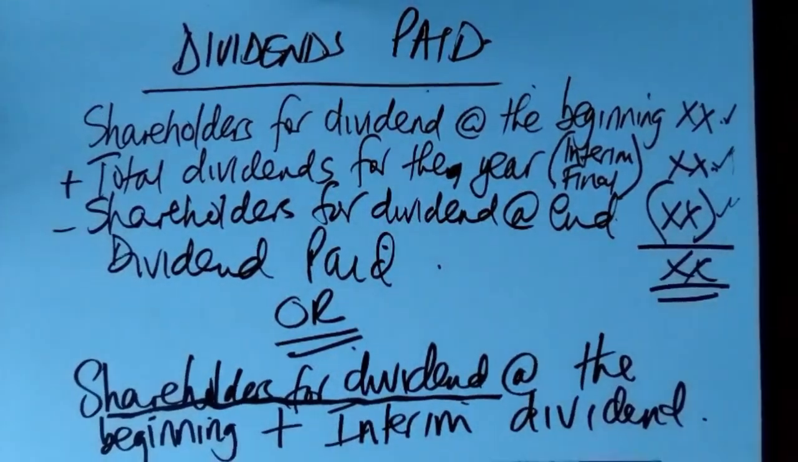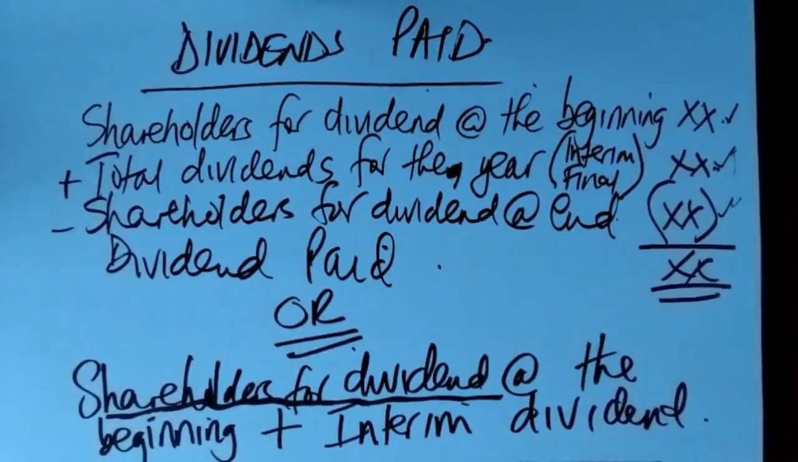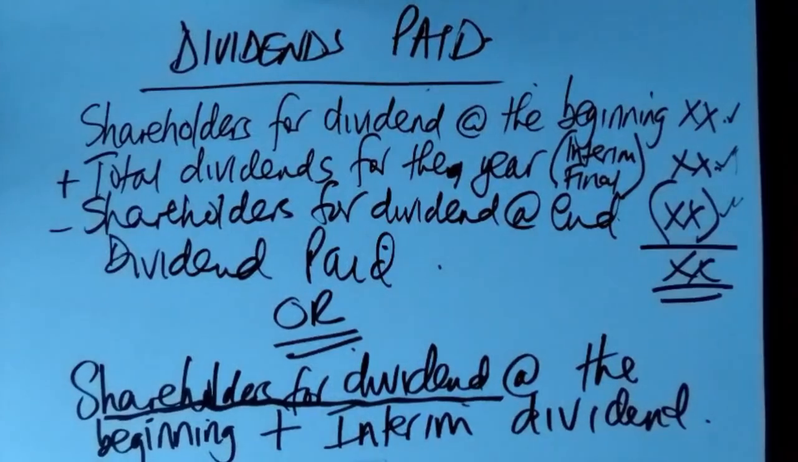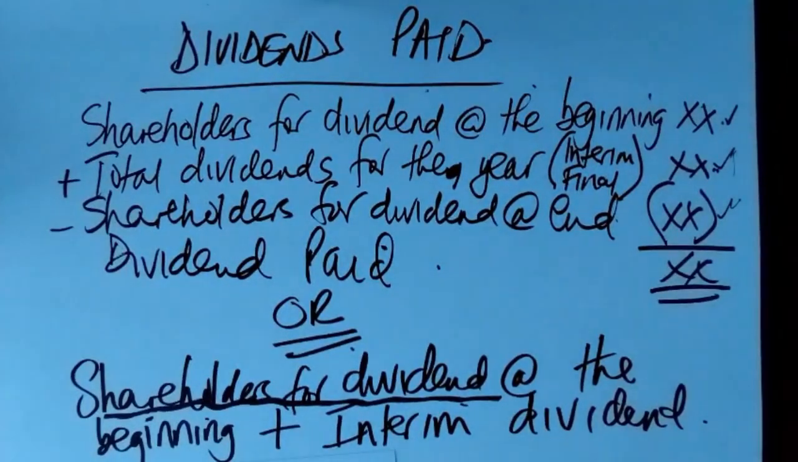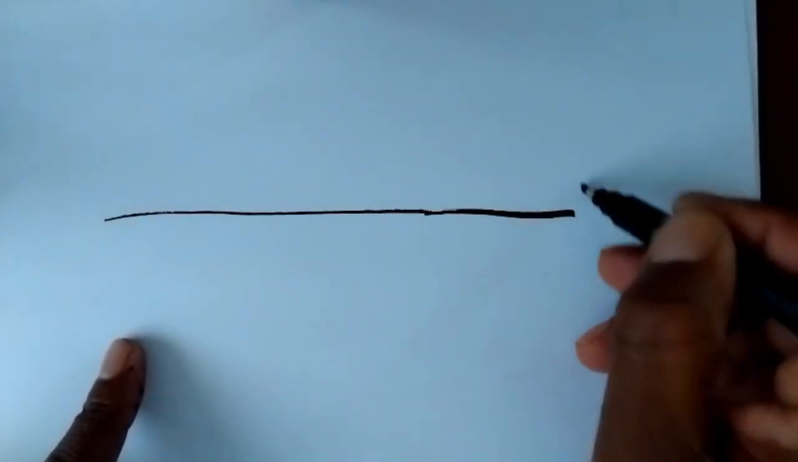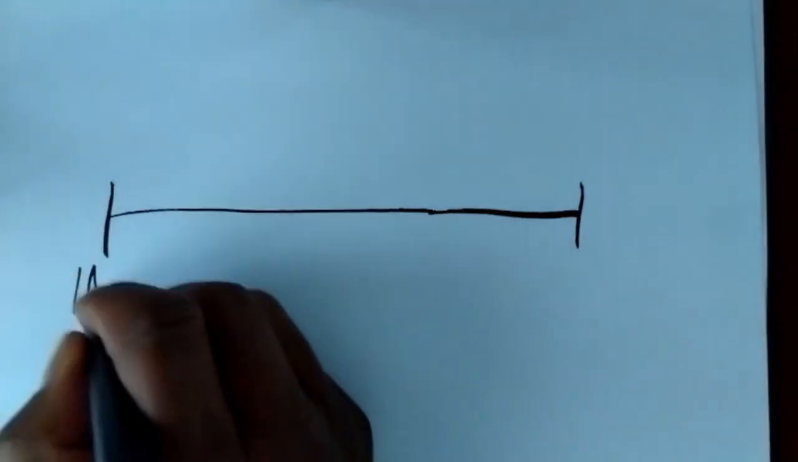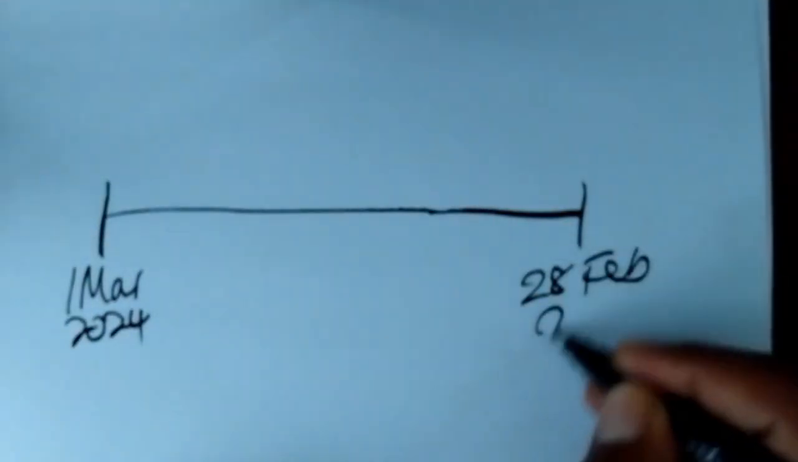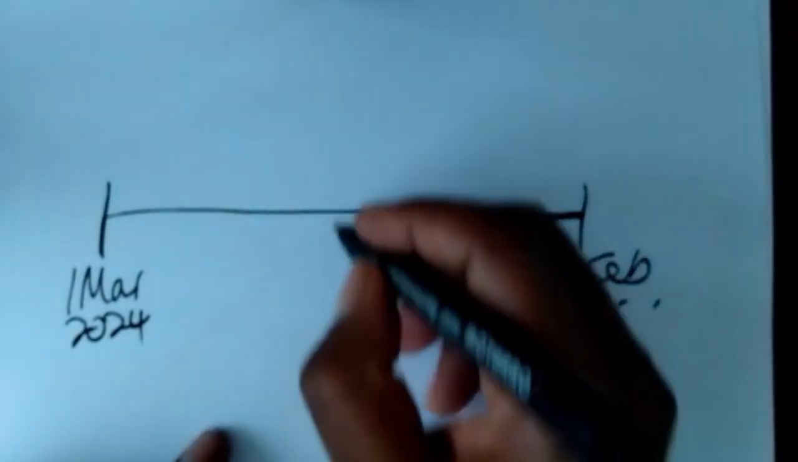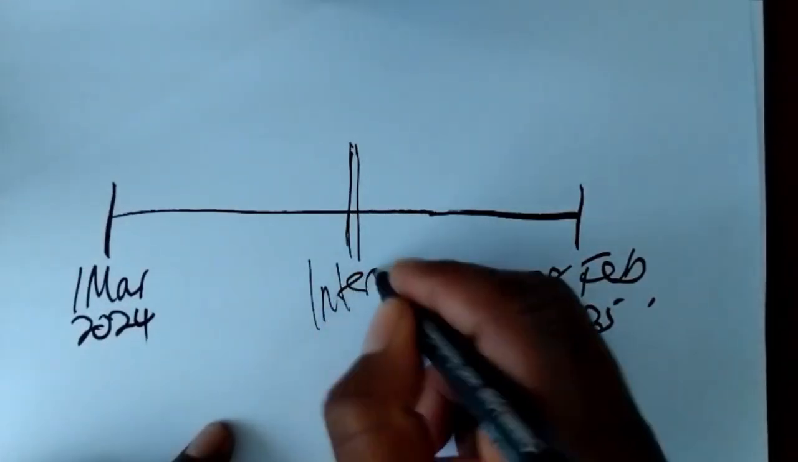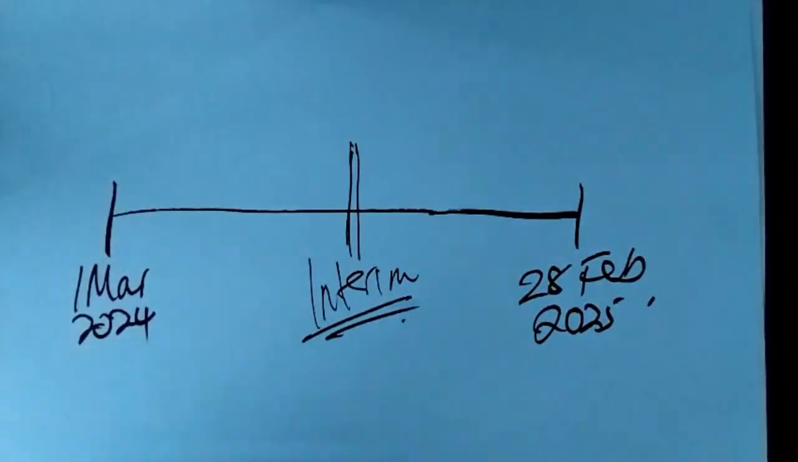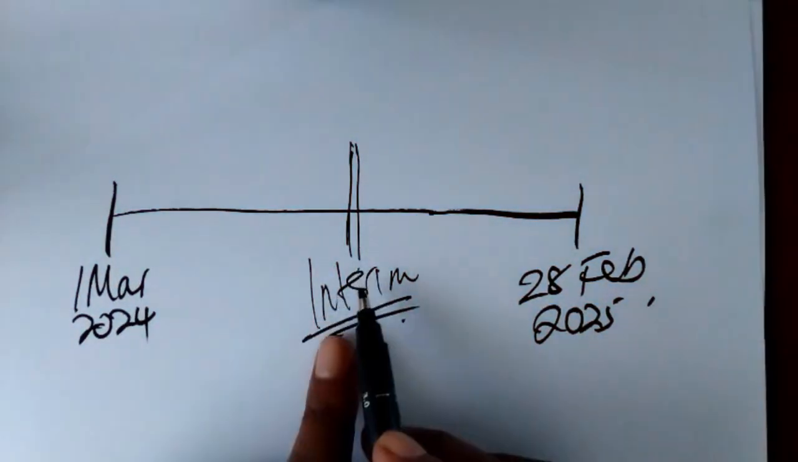To show you in some detail, let me draw it in the form of a timeline, to show you why shareholders for dividend for that particular year is never paid in the same year. In other words, why is final dividend not paid in the same year? So if I put an accounting period like this, this is 1 March 2024 to 28 February 2025. Now, interim dividend for this year is going to be paid somewhere there, halfway through the year. But final dividend of this year